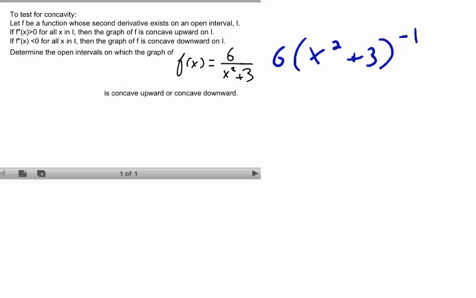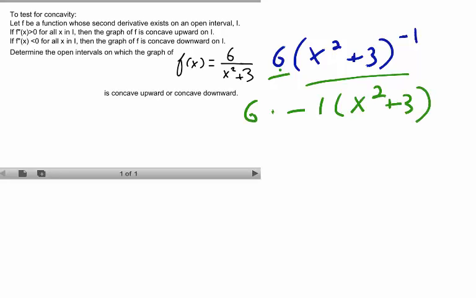Applying the product rule, we consider our factors 6 and x squared plus 3 to the negative 1, times the derivative of x squared plus 3 to the negative 1, which is negative 1, times x squared plus